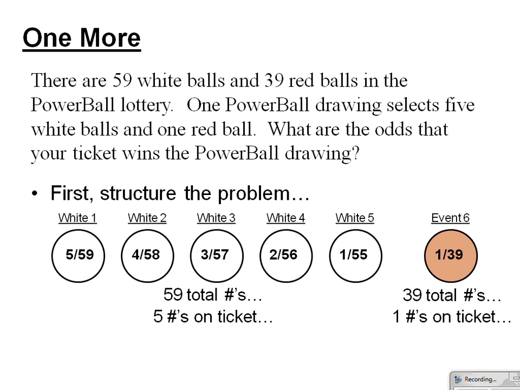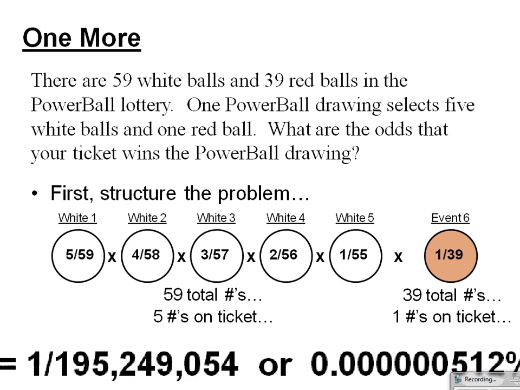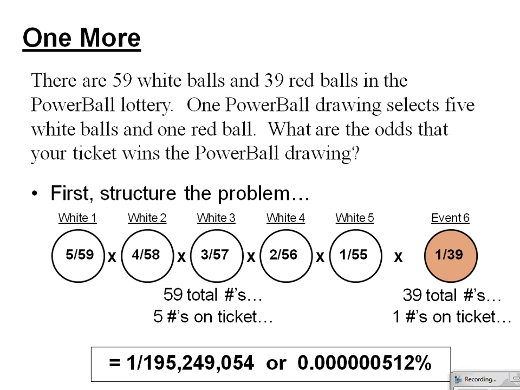So to calculate the total odds of selecting 5 white balls and then 1 red ball from the 59 white balls and 39 red balls to select from, we multiply each of these individual odds together from each individual event. And the total odds of you winning the Powerball with 1 lucky ticket is 1 out of 195,249,054, which works out to be approximately